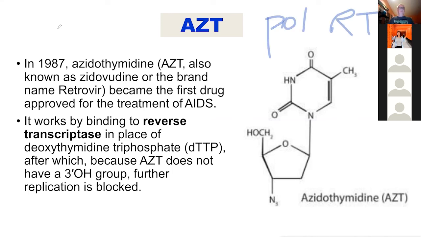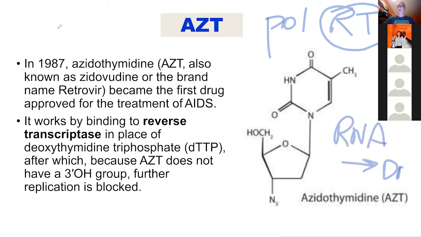And so if you had something that would bind to reverse transcriptase and prevent its RNA being made into DNA, that would be a good way to stop replication of the virus. And so the very first drug, you're probably familiar, especially growing up in the Bay Area, AZT was the